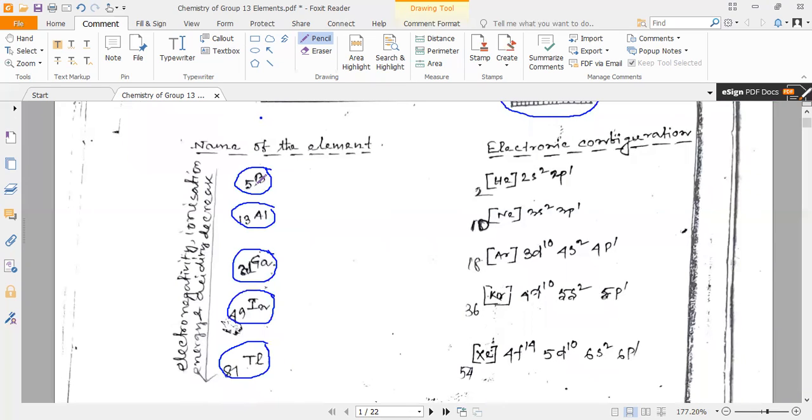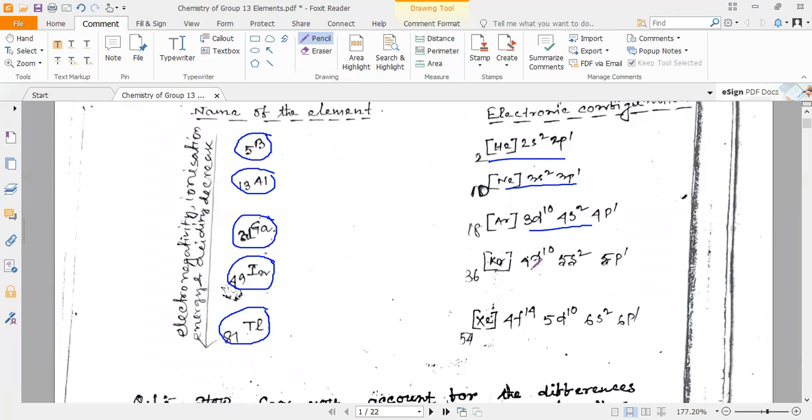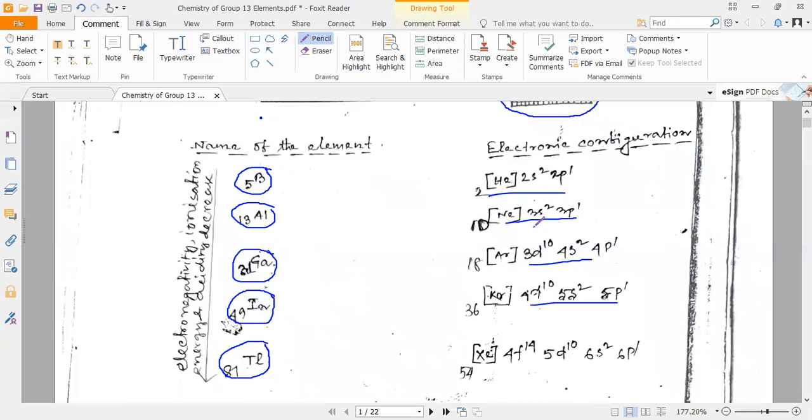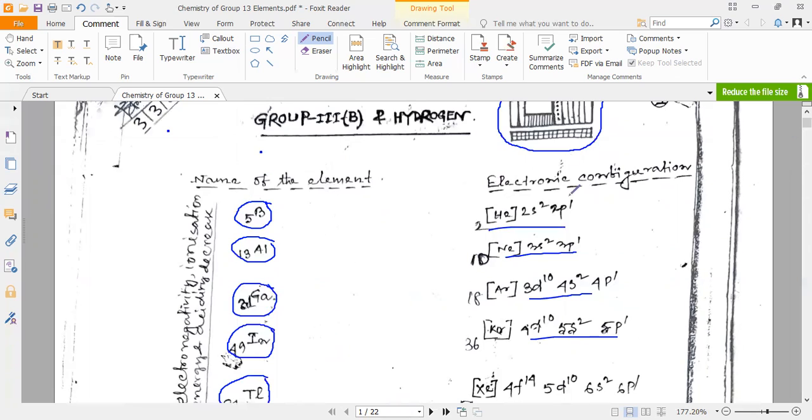The corresponding electronic configuration of boron is helium 2s2 2p1; for aluminium, it is neon 3s2 3p1; for gallium, argon 3d10 4s2 4p1; for indium, krypton 4d10 5s2 5p1; and for thallium, xenon 4f14 5d10 6s2 6p1. The general valence shell electronic configuration of group 13 elements is ns2